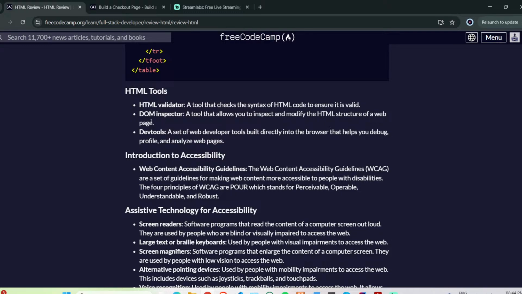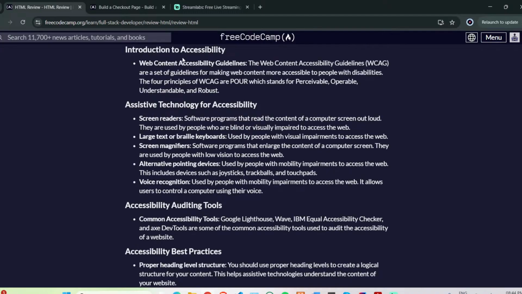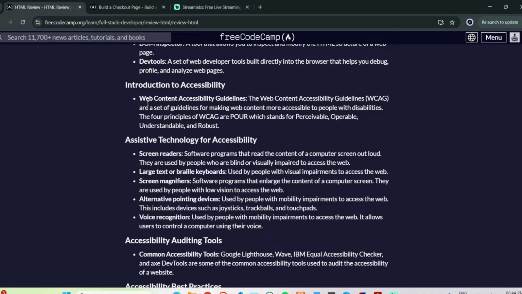Now we talk about accessibility. This is not that important, but we can just complete it. We can just look at it very quickly. So web content accessibility guidelines here. WCAG stands for Web Content Accessibility Guidelines. It's a set of guidelines for making web content accessible to people. Four principles of WCAG are POUR. P stands for perceivable, O stands for operable, U stands for understandable, and R stands for